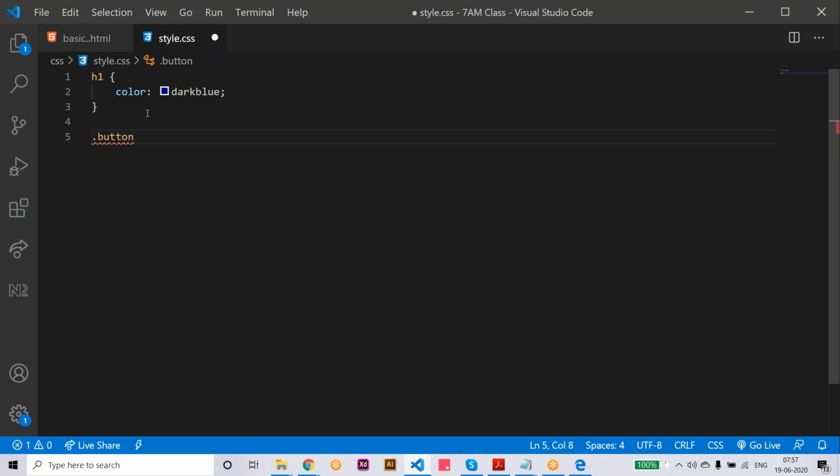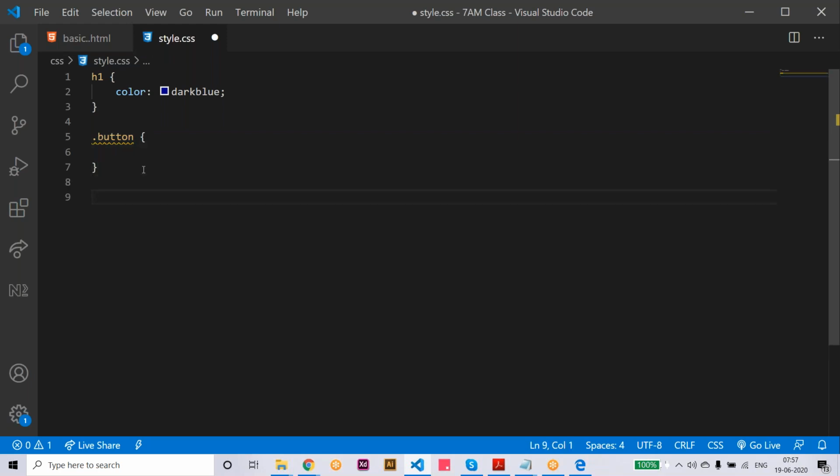You can say anything as per your requirement. You can give your own name and write the CSS also. This is user defined, and it is called the class selector. So the first one is the tag selector and the second one is the class selector, that is user defined, and the